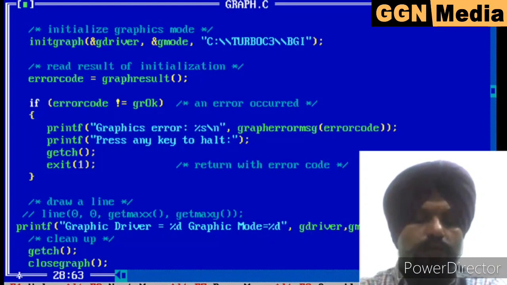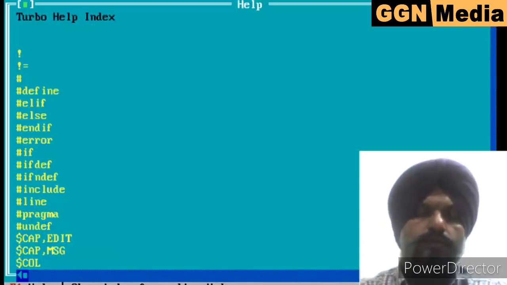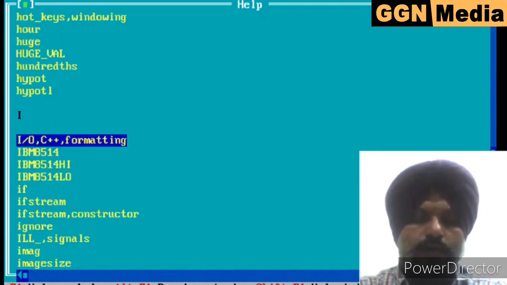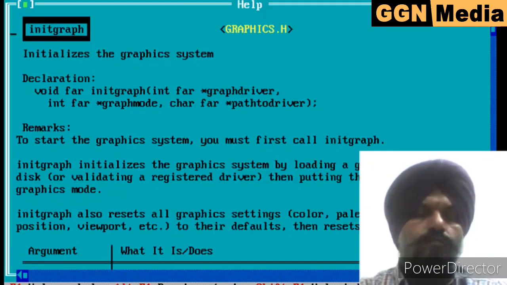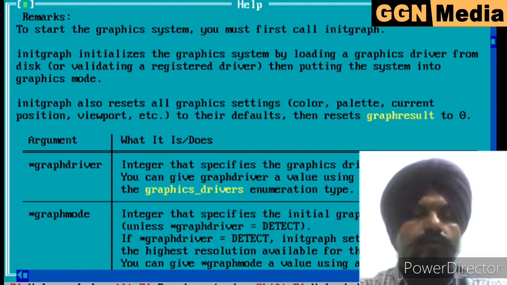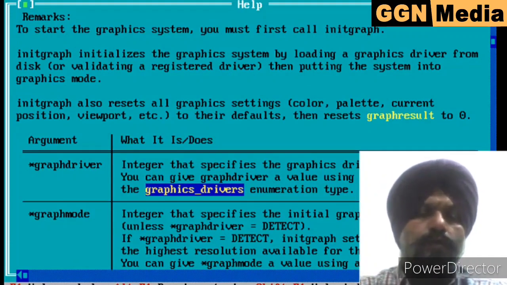Now let's go to the help again by pressing Alt H, then Index, and then type the initgraph function. In the initgraph function, first we check what the mode of our monitor is.